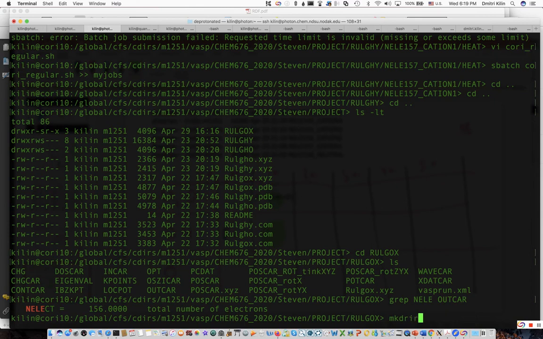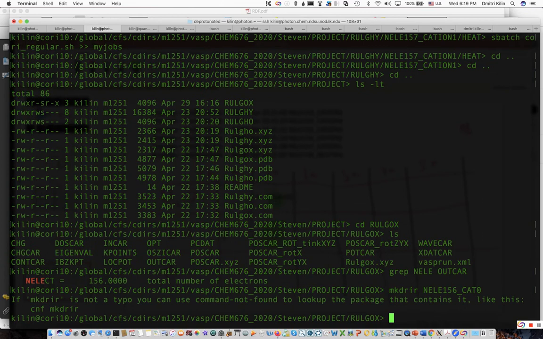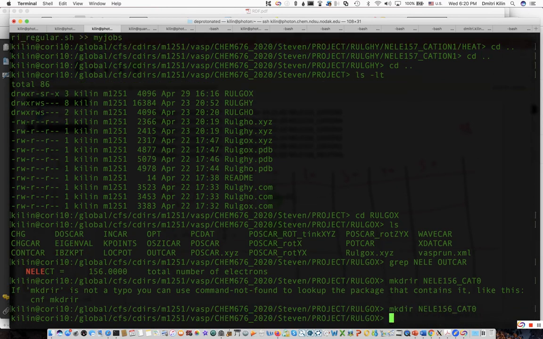Make directory number of electrons 156, and I can call it neutral or cation 0. Directory. And then by subtracting, if I subtract 1 electron, 155 will be cation 1,